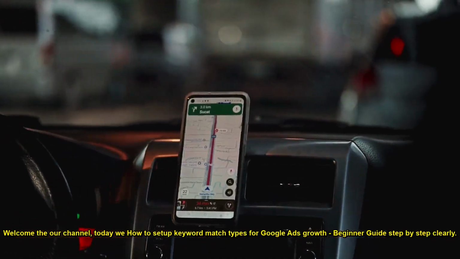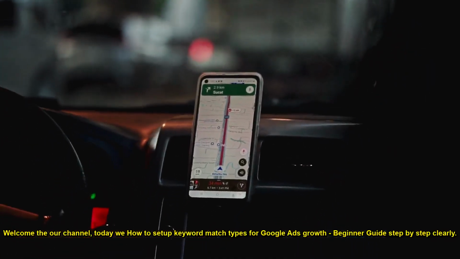Welcome to our channel. Today we show how to set up keyword match types for Google Ads growth, a beginner guide step